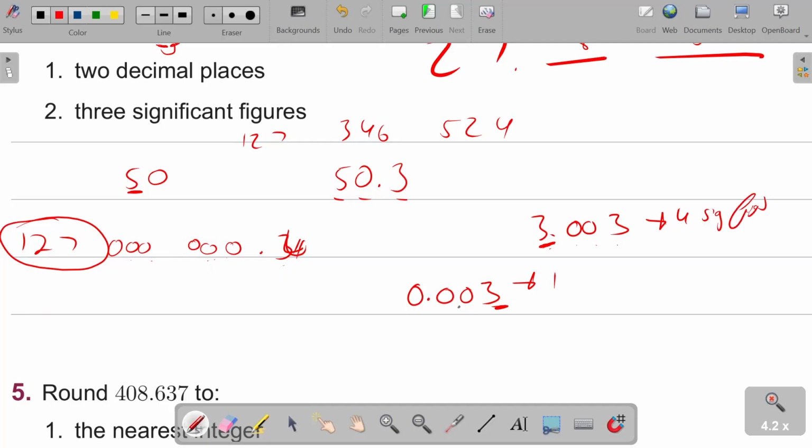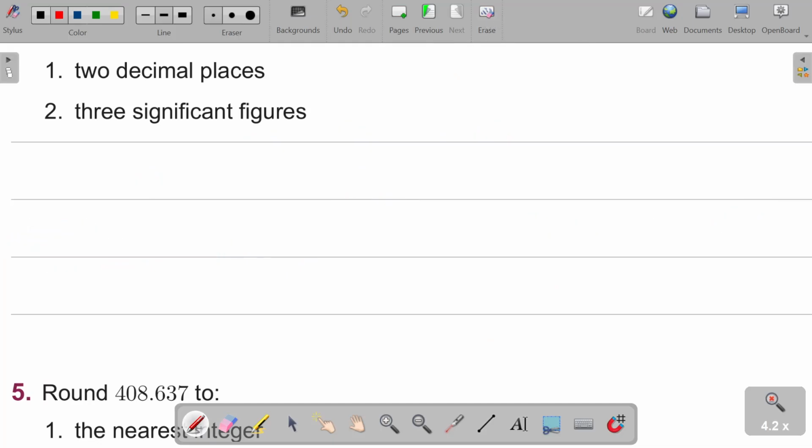That being said, if the zeros are after the 3, then those are going to be significant. 0.00300. As you can see over here, these are obviously going to be quite important. So these are going to be 3 significant figures. An easy way to figure out the significant figures is to try to write it in scientific notation with